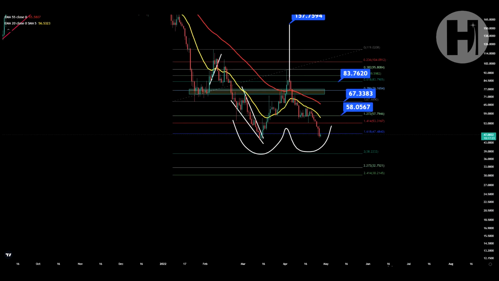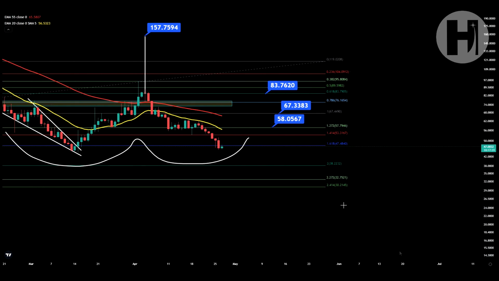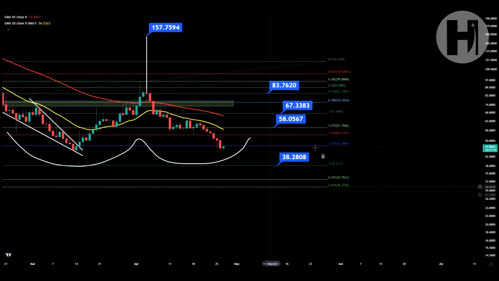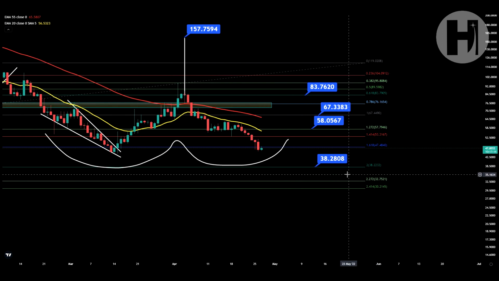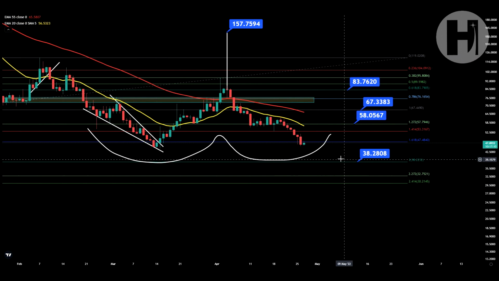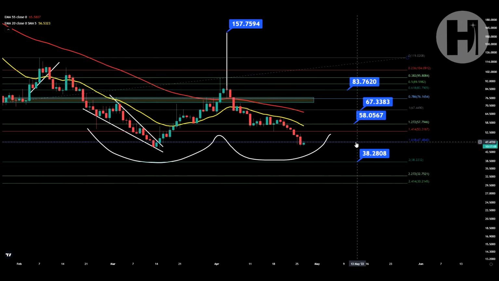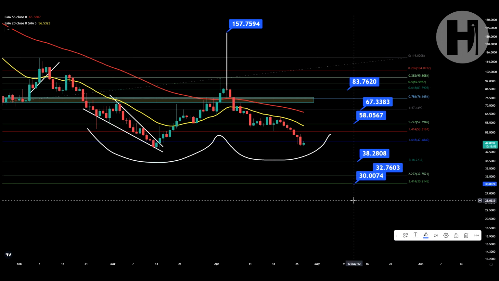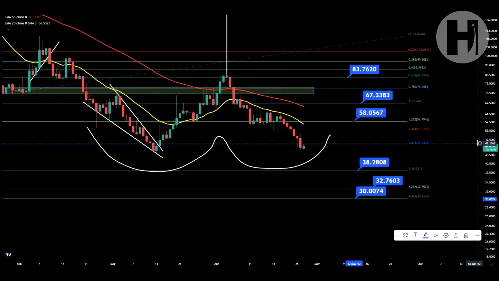Now, let's see if we have any support levels below us. So we do have a second Fibonacci level over here. $38 is your support, and I don't think we're going to go that low unless Bitcoin goes back to 35K, right? If that were to happen, then you can look at these prices. You can even look at $32 here. You can look at $30, right? But I can't tell you that we're going to get there unless Bitcoin does something crazy.